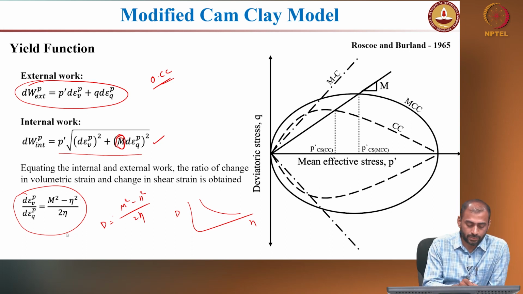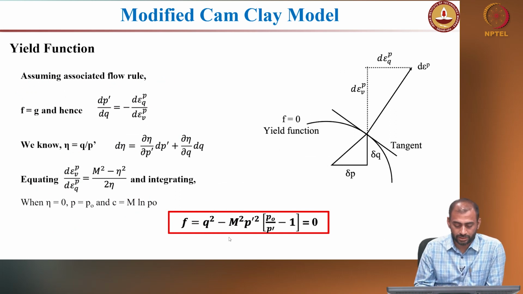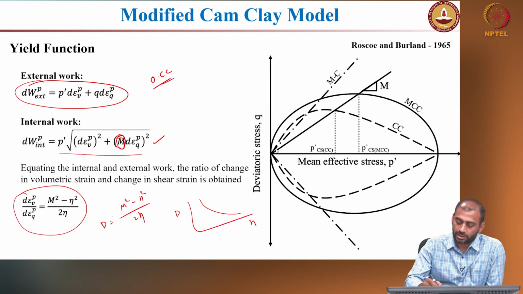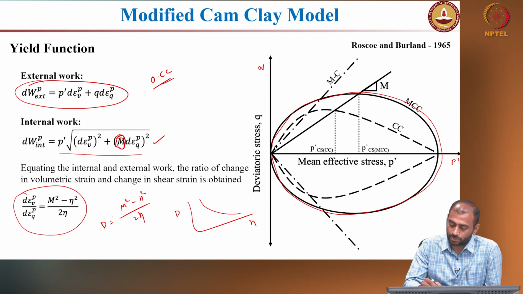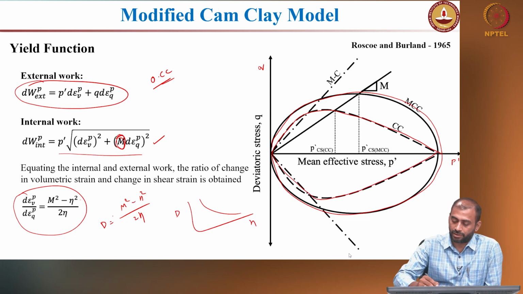So, this equation also represents, again, if you follow the same procedure like what you did for original Camp-Clay, you get a failure equation which looks like an equation of an ellipse, right. So, the failure locus is somewhat elliptical in shape in P prime Q space, right. This is your original Camp-Clay model failure locus, and this is the failure locus of your modified Camp-Clay. And I have also put for your reference the failure locus that you obtained for the Mohr-Coulomb model,